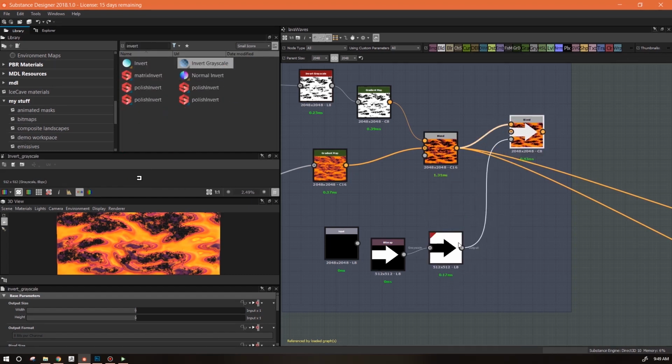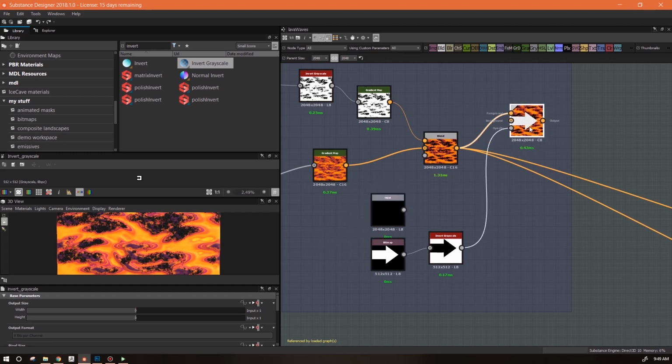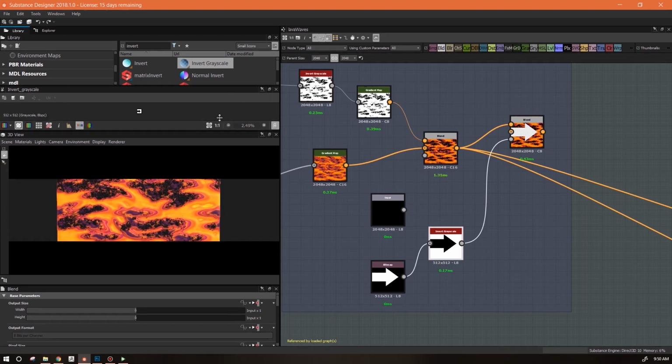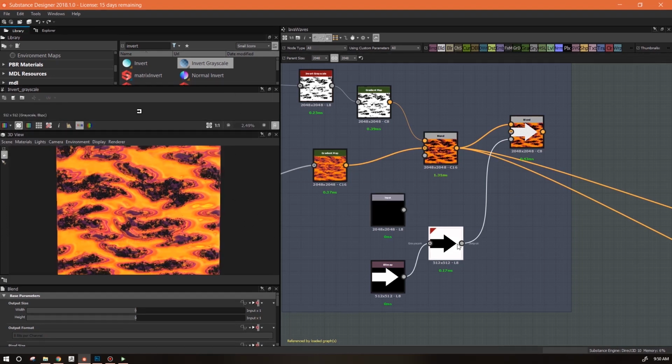And that gets whatever black and white image is coming in here to do what I want it to do here. However, I do want to point out that, in this particular case, I know that I'm going to want it inverted. But if you really want to make this a material that can pretty much be used with anything, something you have sitting in your library and pull out when you need,